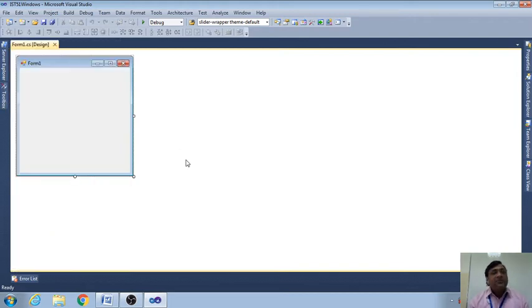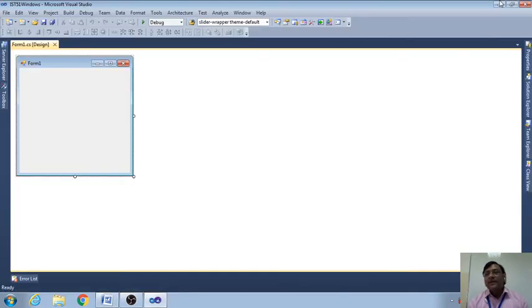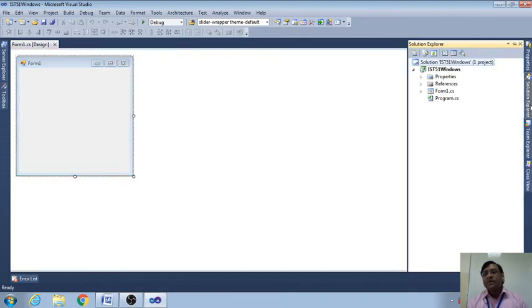The next window is, let us open the chapter. The next window is Solution Explorer. In the Solution Explorer, all the project files are available. You can add a page using Solution Explorer also. On the right hand side, Solution Explorer is there.